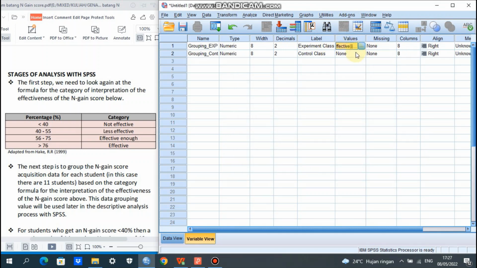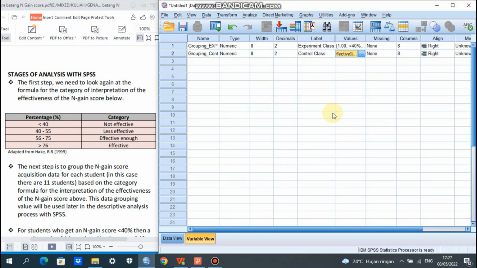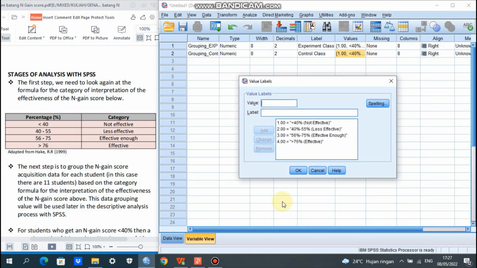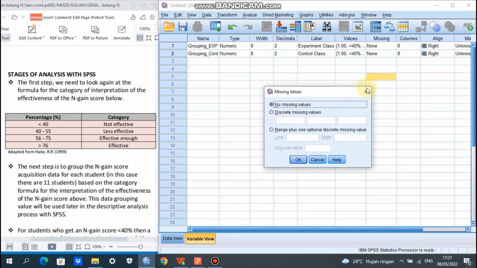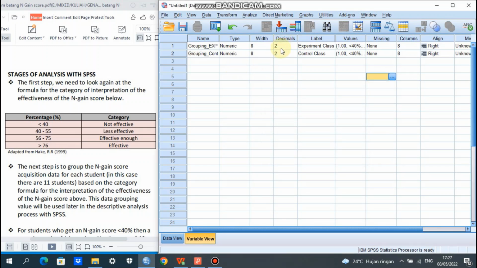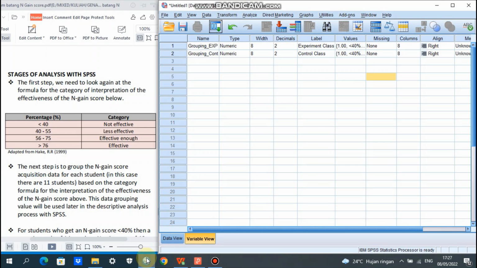Okay, whether we can copy it. Okay, we can copy it, yeah, here. And then decimals, yeah, because from the grouping code there is no decimal, so in SPSS we do not need to type decimal, just put it as 0.